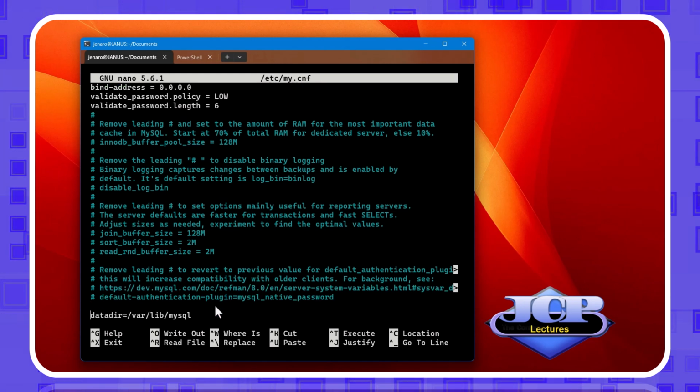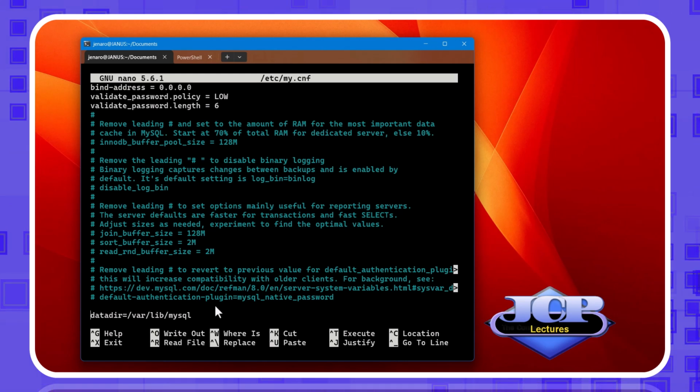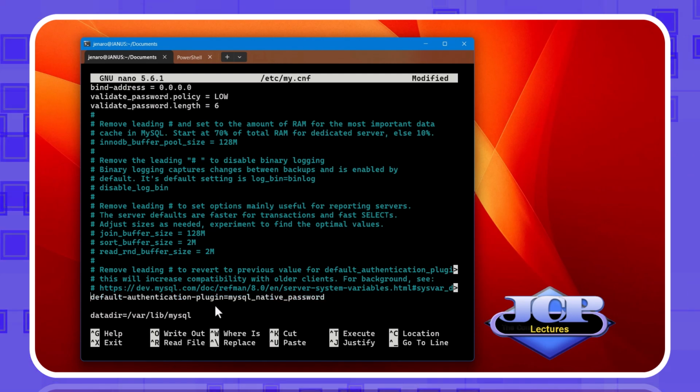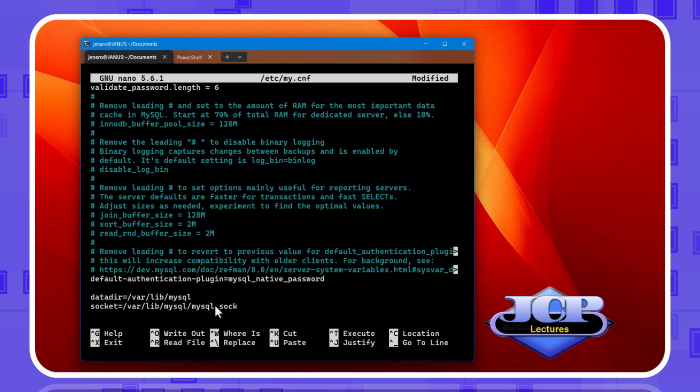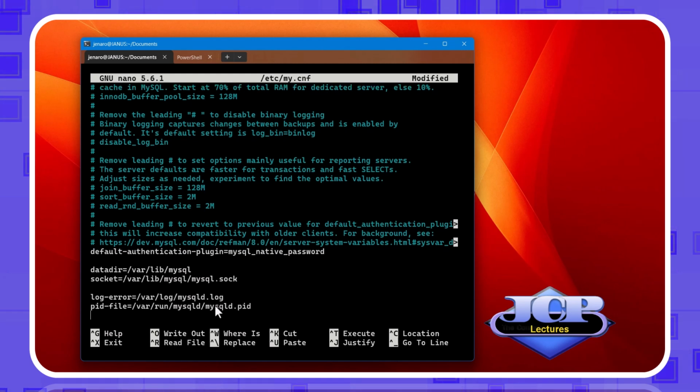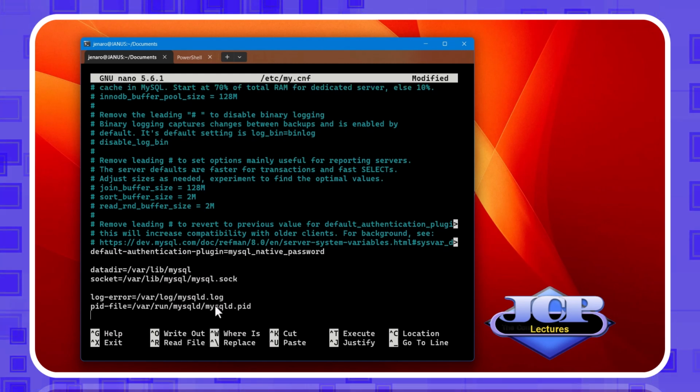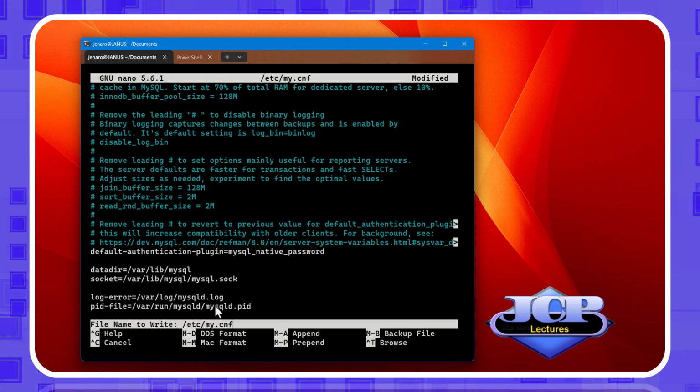After doing it, go down and you can remove the comment on one of the last lines, which changes the default authentication plugin. Save everything and go and register users to work with your newly installed MySQL server.